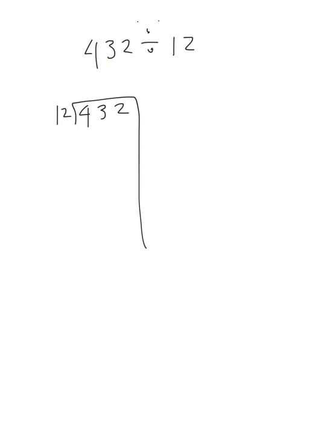We would set it up like this. I know that I can give every one of my friends at least 10. So I give them 10. What's 10 12s? Well, that means I'm going to give away at least 120 M&Ms. So how many do I have left? 312. Well, I could give them then 10 more,